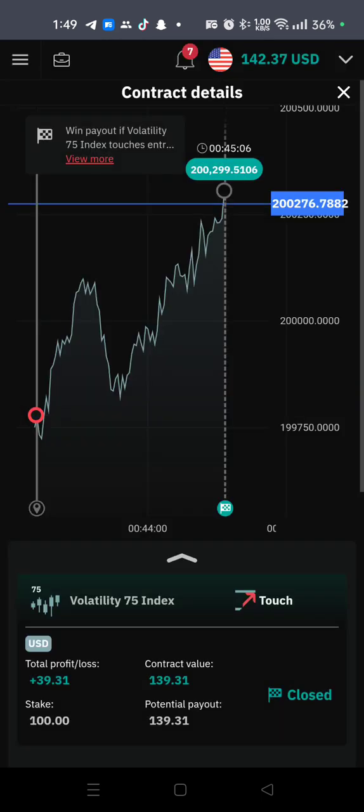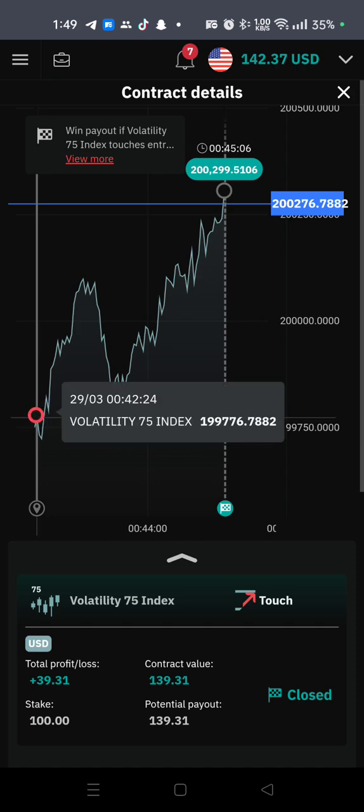So what does that mean? All right, let's analyze it. You can look at this chart. While you're looking at this chart, what can you see? You can see this red point here. The red circle indicates the entry point of the trade. Now, when I took this trade, Volatility 75 Index was at the price point of 199,776.7882, and I took this trade